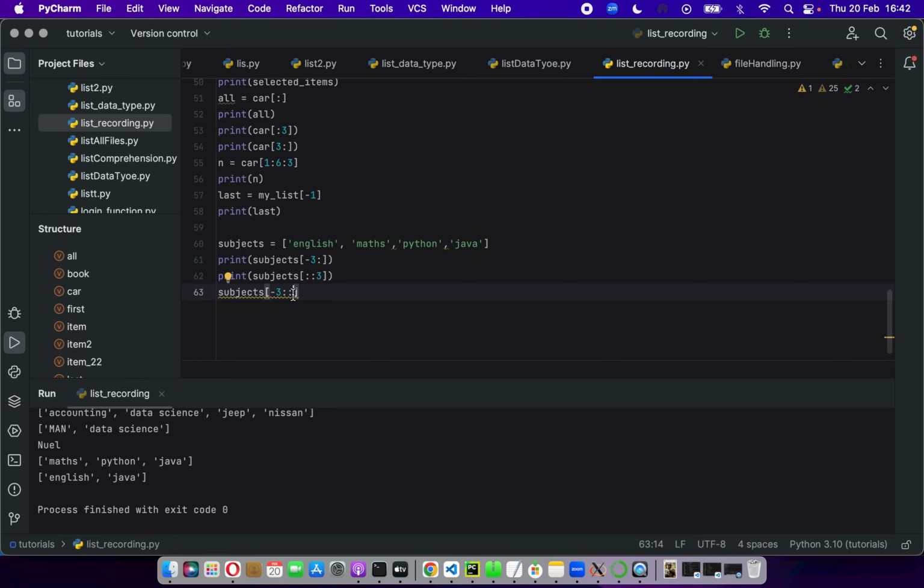This means all the way down. And then if I put -1 here and I print it out,